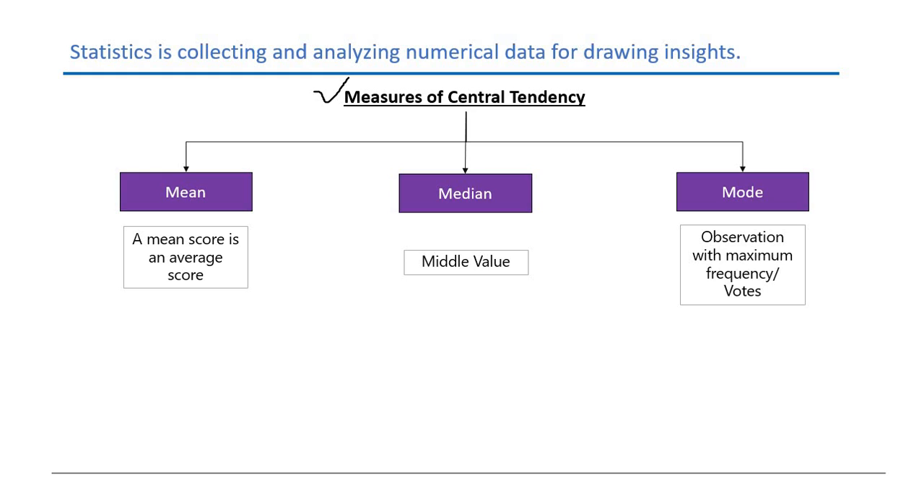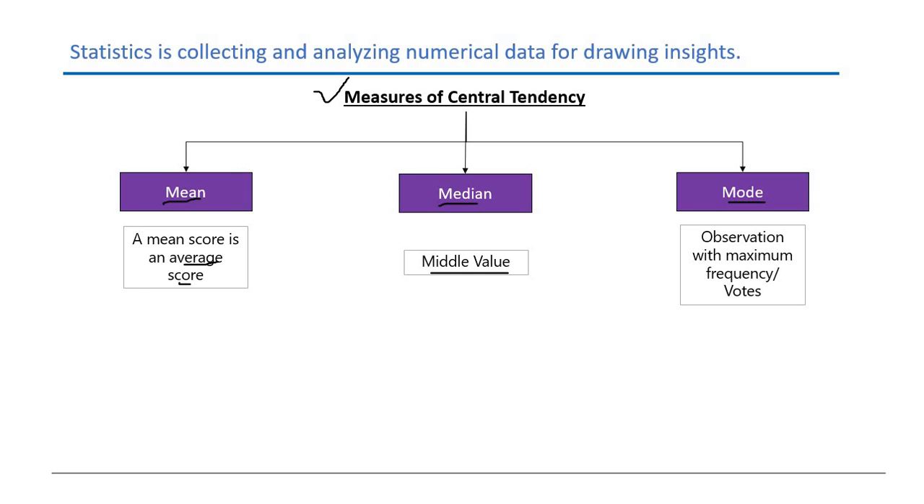Measures of central tendency tell you where your data is centrally located. There are three measures of central tendency: mean, median, and mode. Mean is the average score, median is the middle value, and mode is the observation which appears the maximum number of